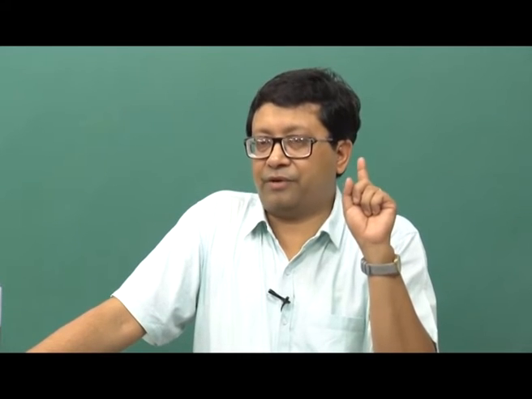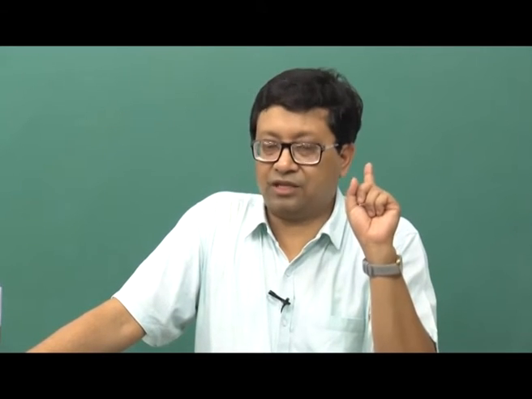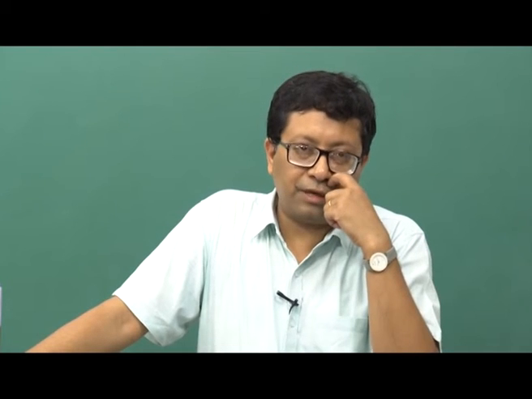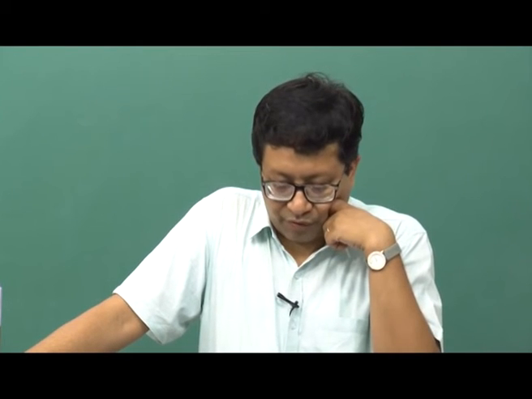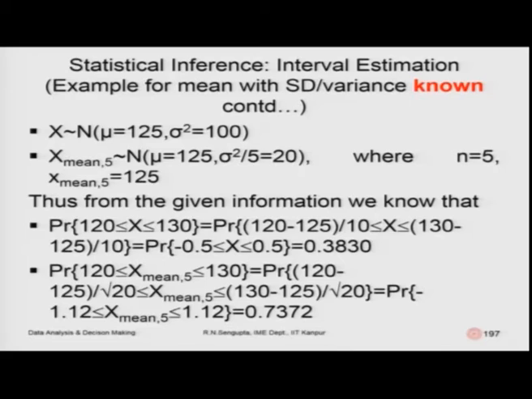So, it will be 100 by 5, it will be 20. So, where n is equal to 5 and the sample mean is given by 125, the mean as we found out. Now, from the information what we need to know is that what is the probability that